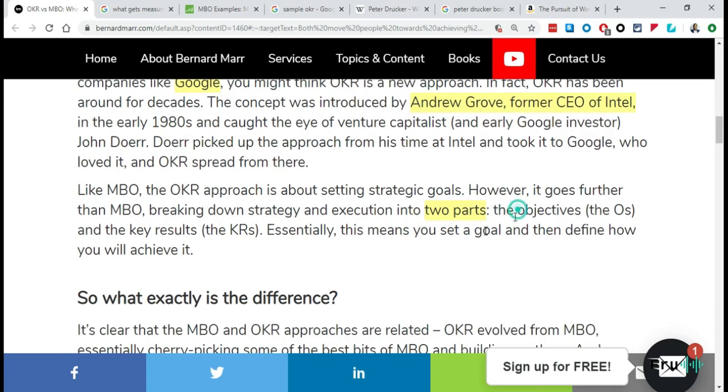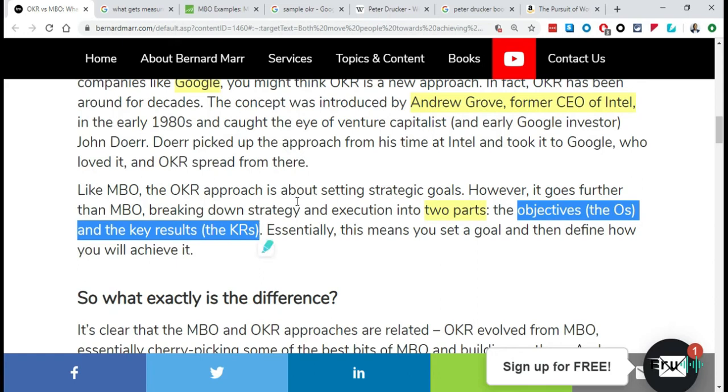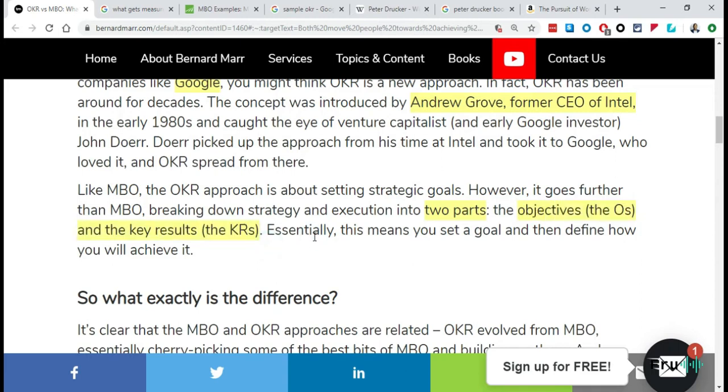So basically, MBO is management by objective. So they manage you by the objectives that you set. All right, but once you look at OKR, it's not just objectives. Of course, you still set the objective. So in some sense, OKR builds from MBO, but in addition to that, there is a key result, right? So OKR, the O stands for objective, which is the what. The key result dives into the how.